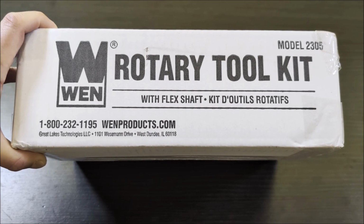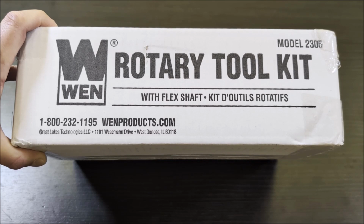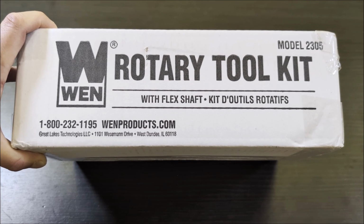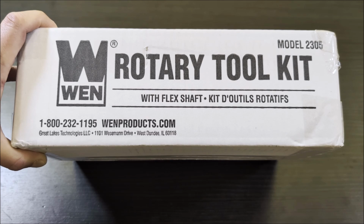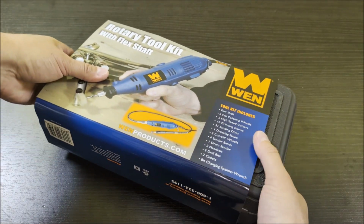Today I'm checking out this WEN rotary tool that I bought off of Amazon. It's a great economical price and it comes with pretty much everything you need to get started. So I'm going to go ahead and get this thing out of the box and we're going to check it out. Once you get it out of the box, you're going to find it in this case,